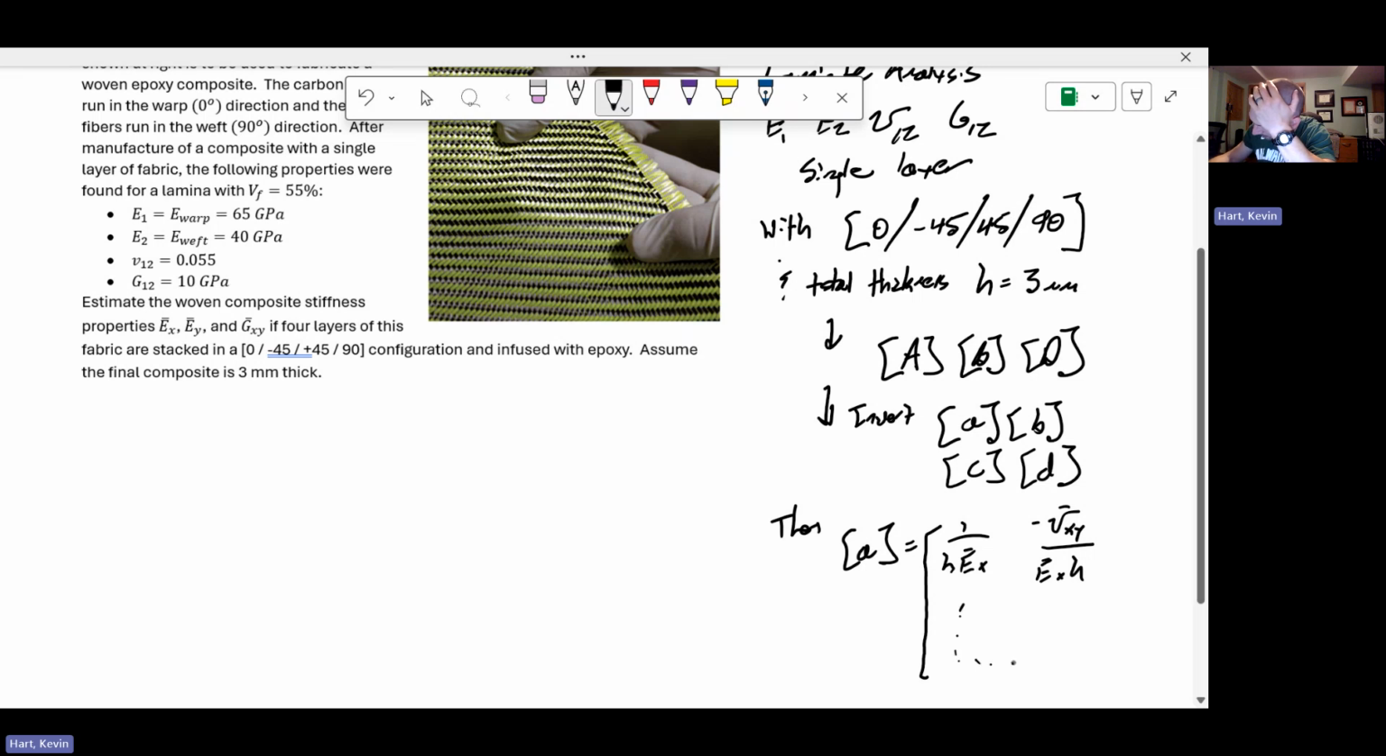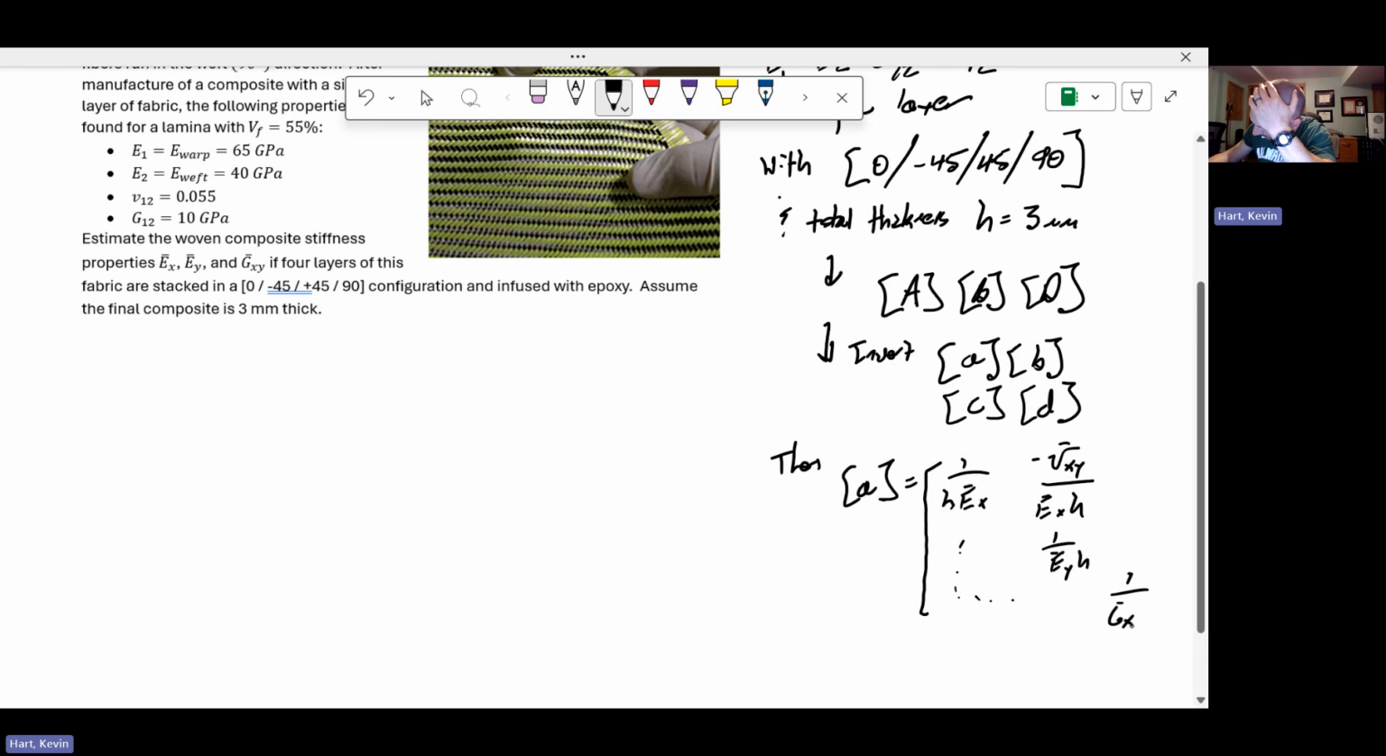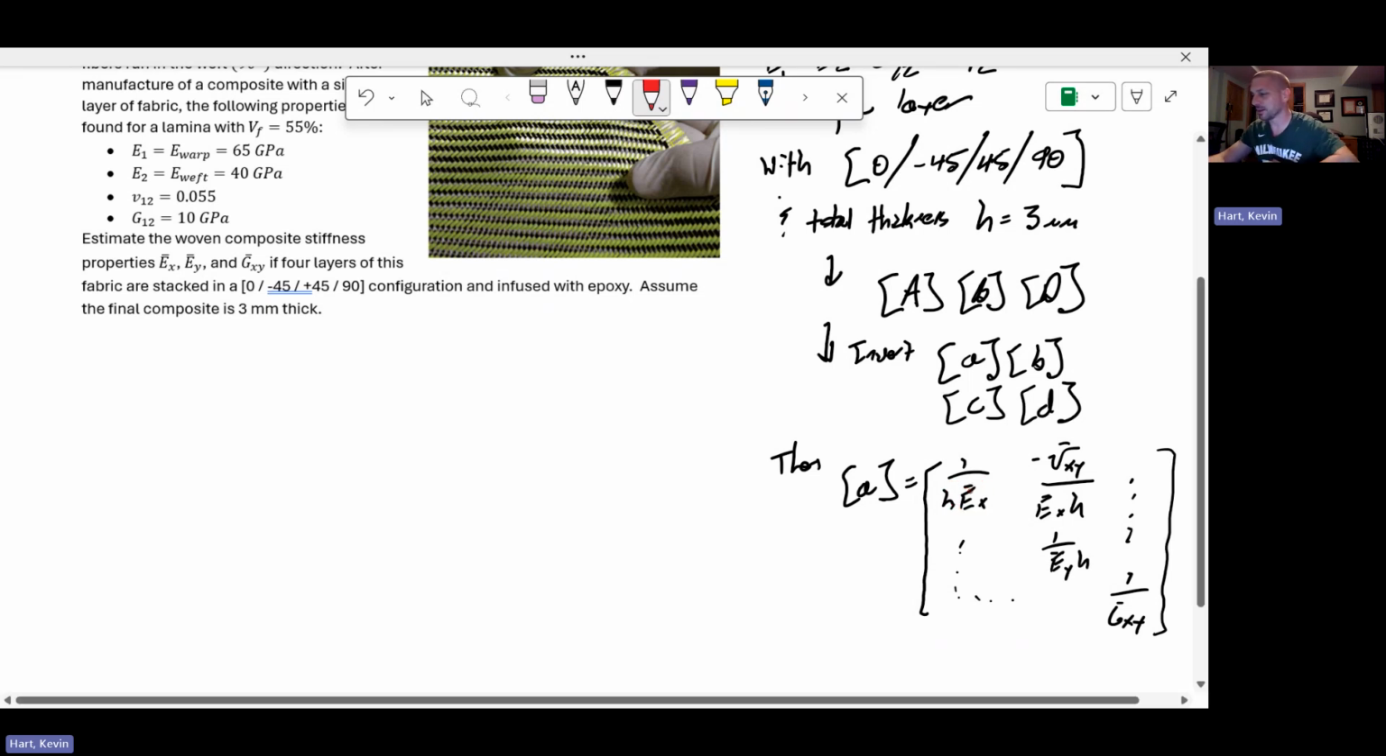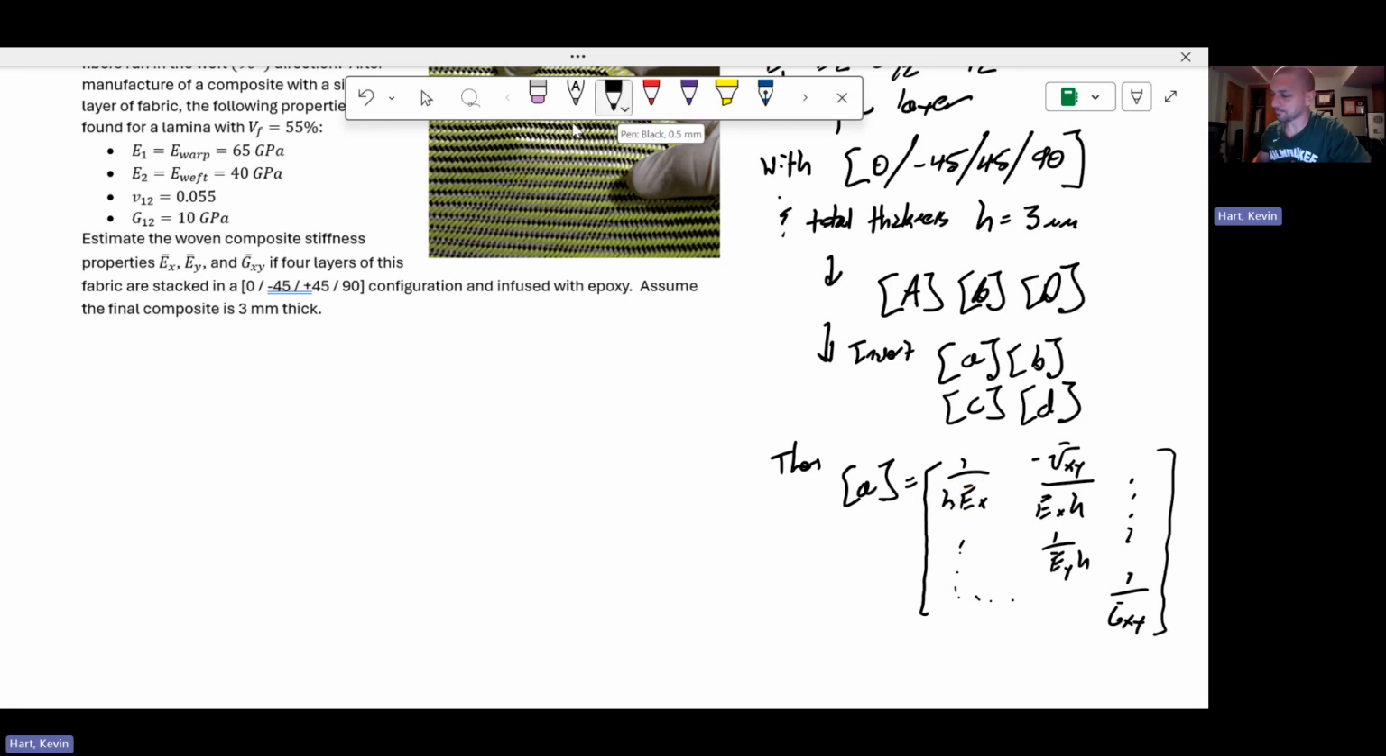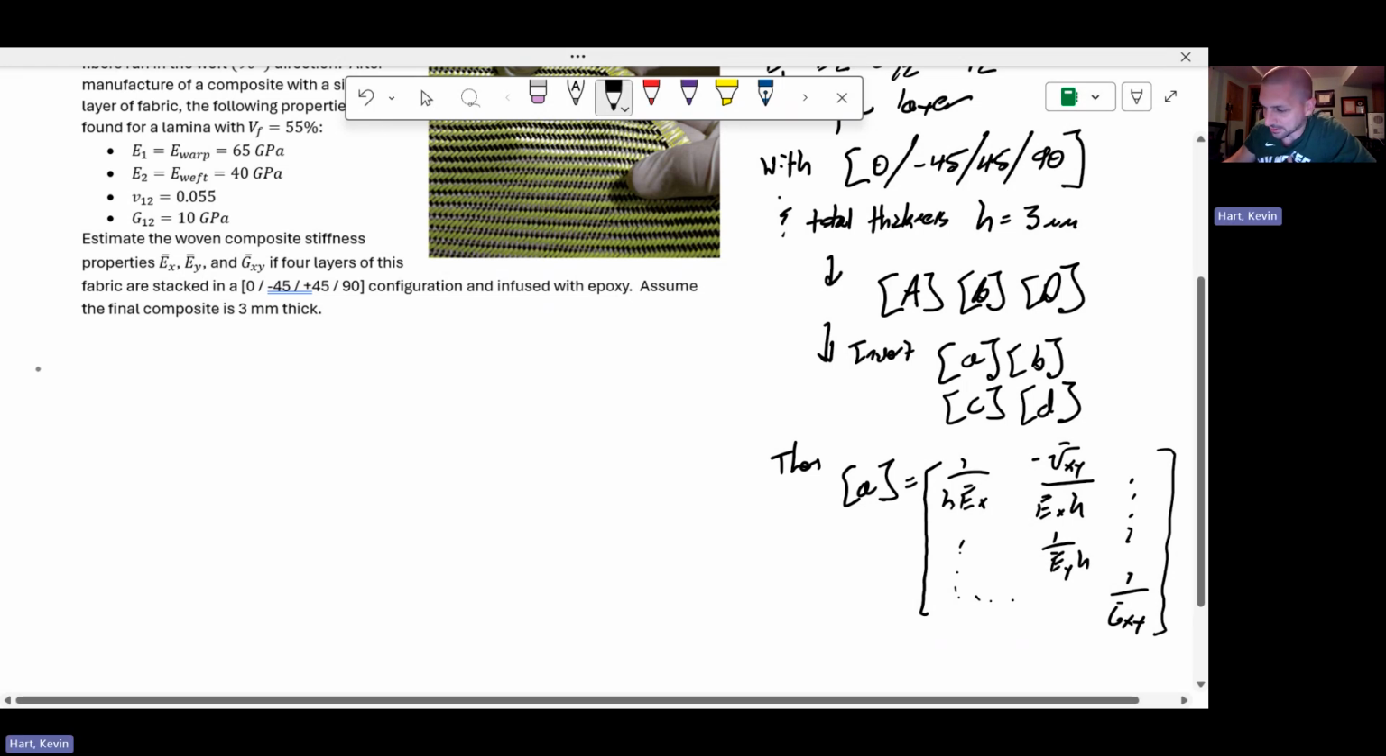So the 2-2 entry is 1 over E bar y times h, and the 3-3 entry of this is 1 over G bar xy. So once you calculate the little a matrix, then you can get these properties. If you know what little a11 is numerically and you know the total laminate thickness H, then you can calculate E bar x. So that's generally the strategy that we're going to go with here. Let's talk about that. Step number 1 in all this is